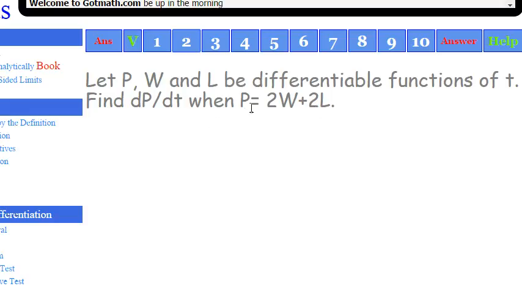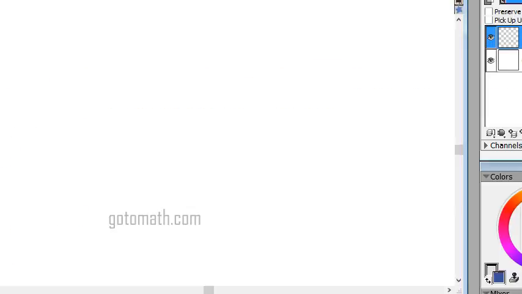Now, the reason we're starting off, this section here was kind of an introduction, working some easy problems, and this is really going to get into, you've probably all seen this before, right? P could stand for perimeter, width, and length. However, we're not looking at it that way. It's just a simple equation. All right. We want to find dP over dt. So let's move into the classroom